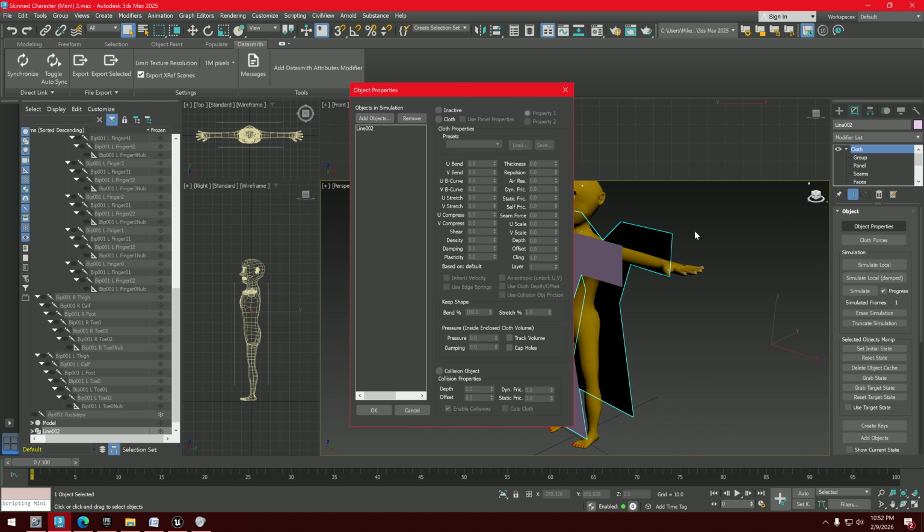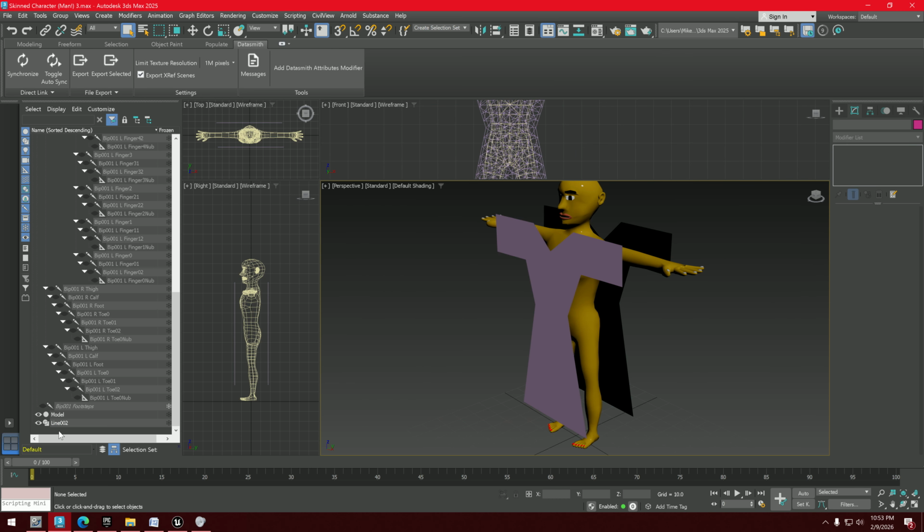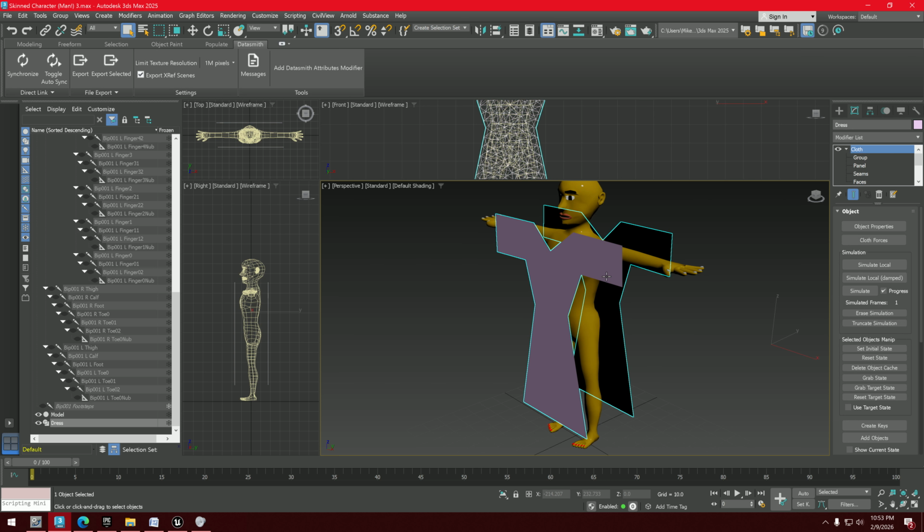When I go to object properties, you'll see that line 002 is here. Now that really should be called dress. If you really want to be anal about it, you can close this out, and on the left side, rename the whole thing so that you have an understanding of what you're looking at, what you're doing, and stuff like that. So now that it's called dress, I can click back on the dress and go back up to object properties,